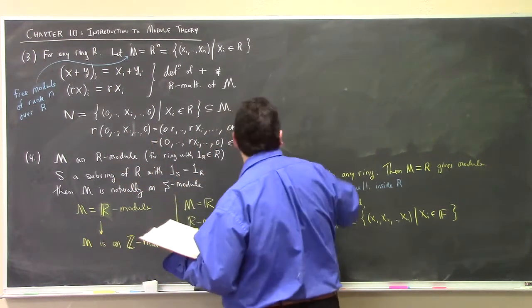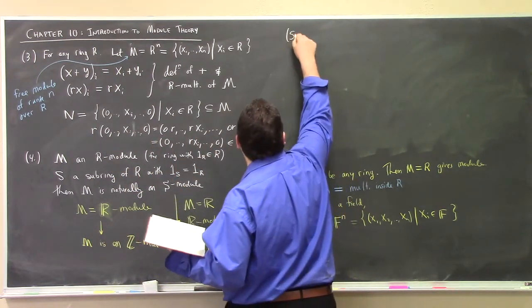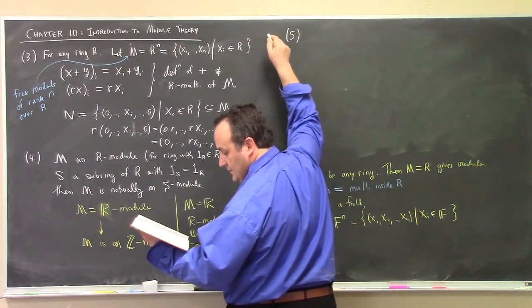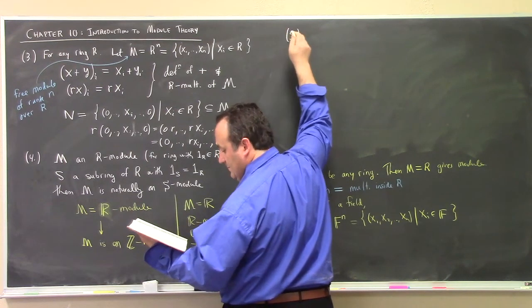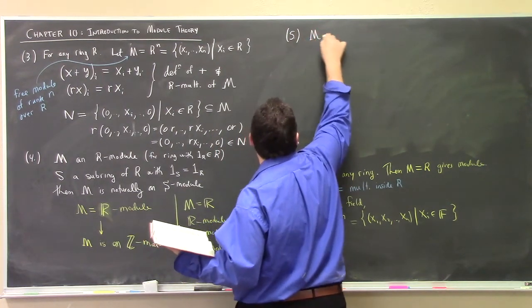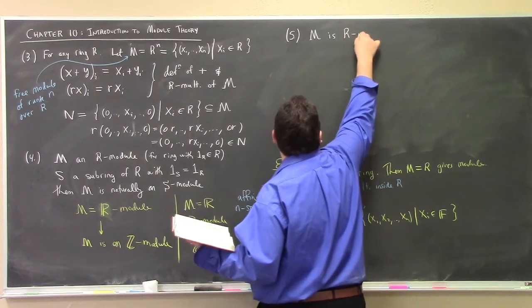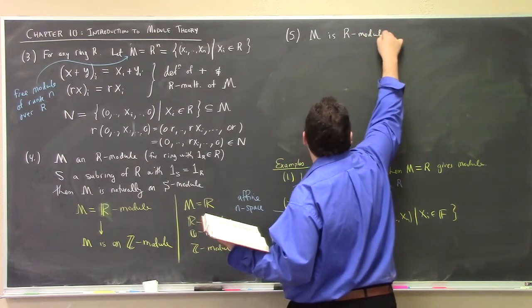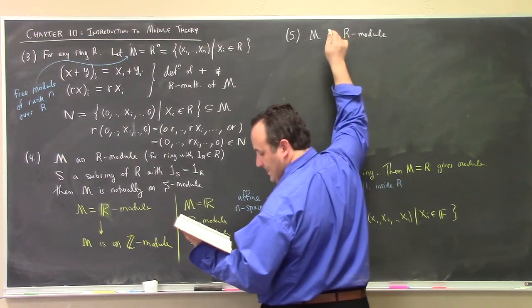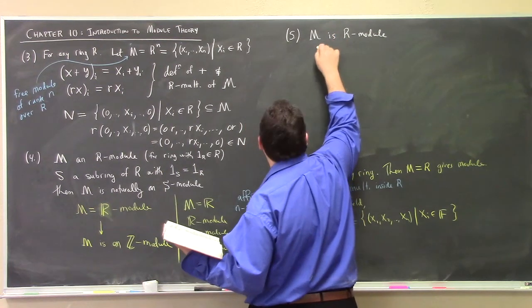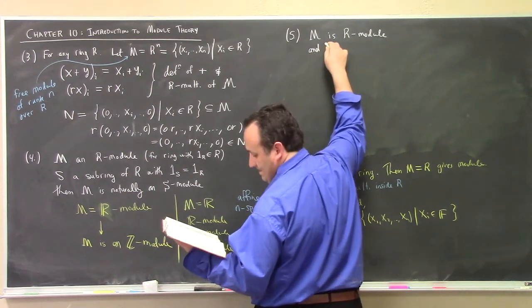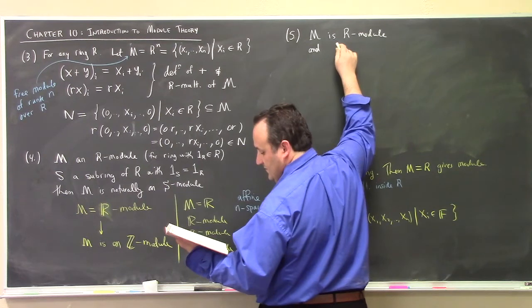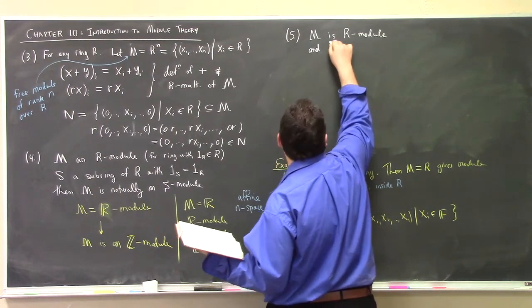So 5, if M is an R module, and for some two-sided ideal I of R,